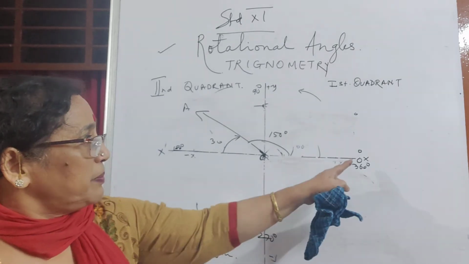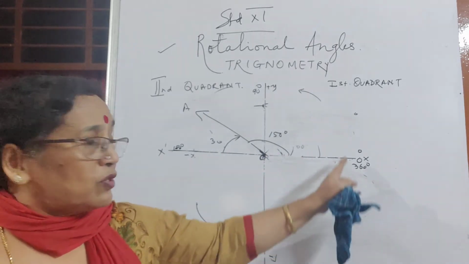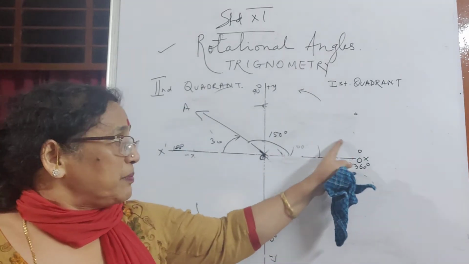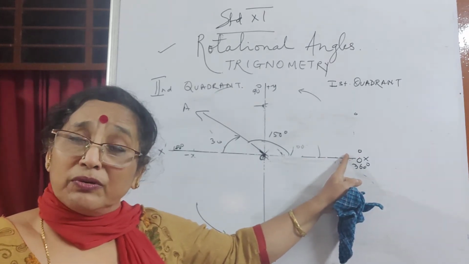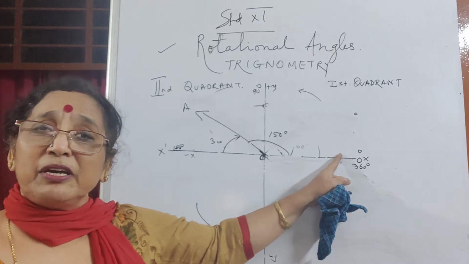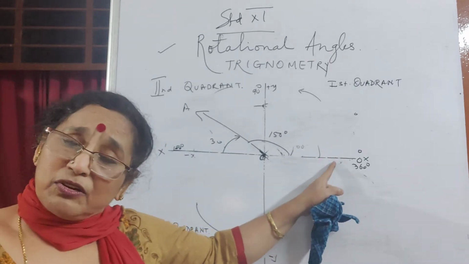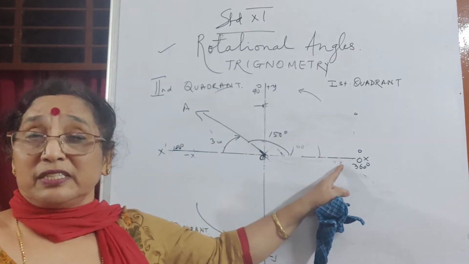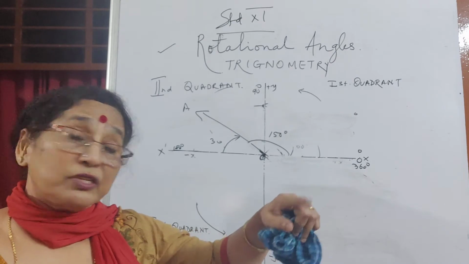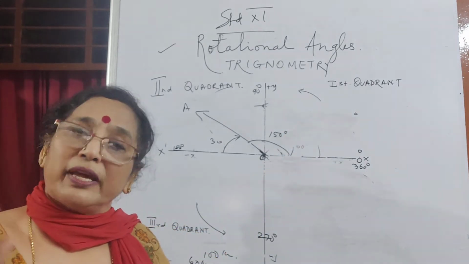This is the baseline, the zero line, also the 360 degree line. You come back, so you completed 360. So this can be called the zero mark and the multiples of 360 if you completed more than one round. So at 0 degrees I am here, at 360 degrees I am here, at 720 degrees I am here, at 1080 degrees I am here. If you made 30 rounds, that means 30 into 360, which is 10800 degrees, I am here only, isn't it? So that is the zero line.